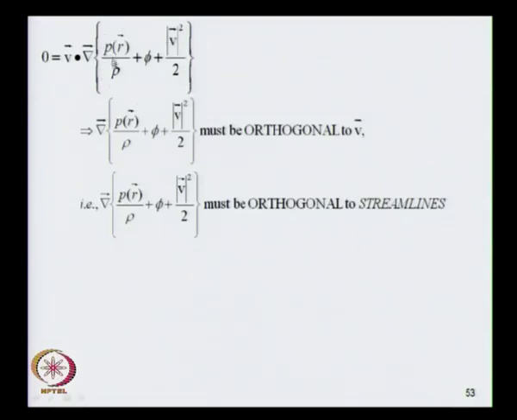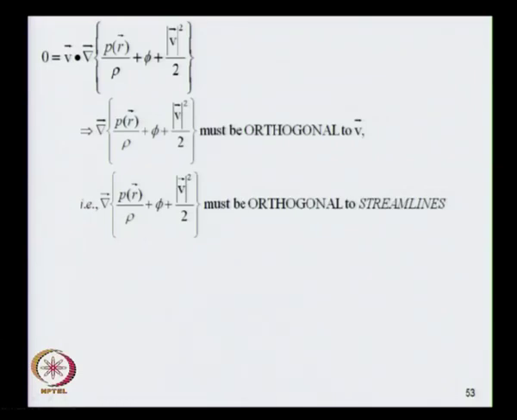and this not being a null function, you can guarantee that the gradient of this beautiful bracket is orthogonal to the velocity, right, because that is when the corresponding scalar product will vanish. Cosine of 90 degrees will vanish, which means that the gradient of the sum of these three functions is orthogonal to the velocity and the streamlines are along the velocity field, which means that the gradient of this function is orthogonal to the streamlines, and we know that the gradient,